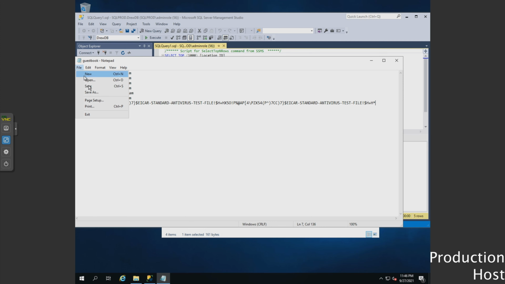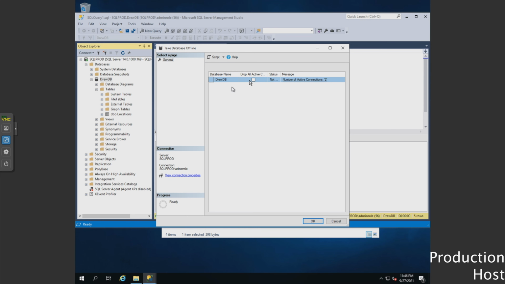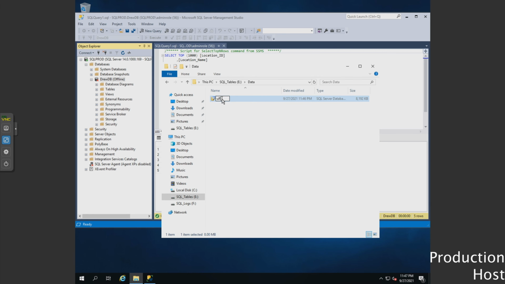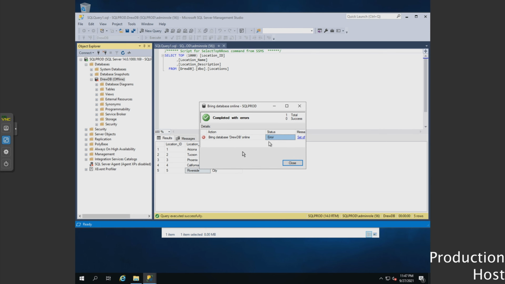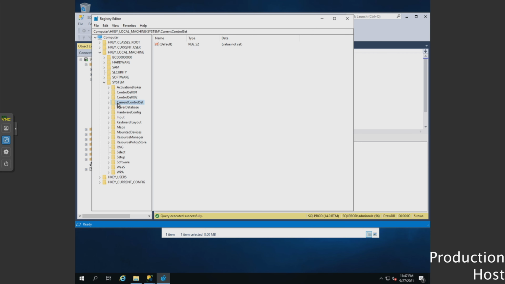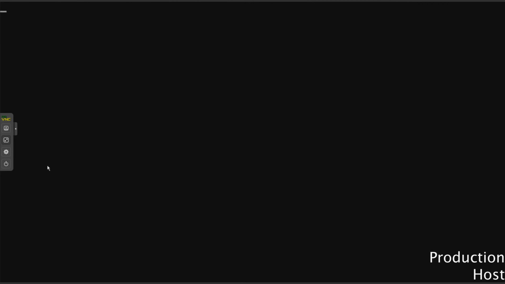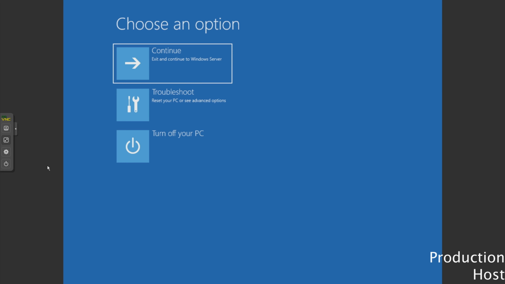Now the machine is infected. Let's take it a step further. Going back to SQL, we will offline the database and corrupt the tables. DrewDB is no longer in a functioning state. As if that's not bad enough, let's take it to the moon. Diving into Registry Editor, I'm sure we could find some entries that aren't needed anymore. This production host is now officially hosed up. The operating system refuses to boot, the database is corrupt, and the system is infected.